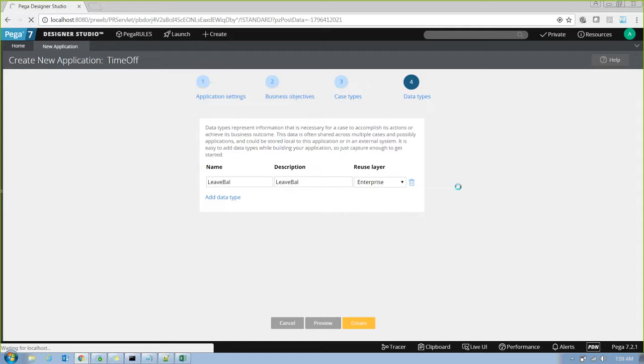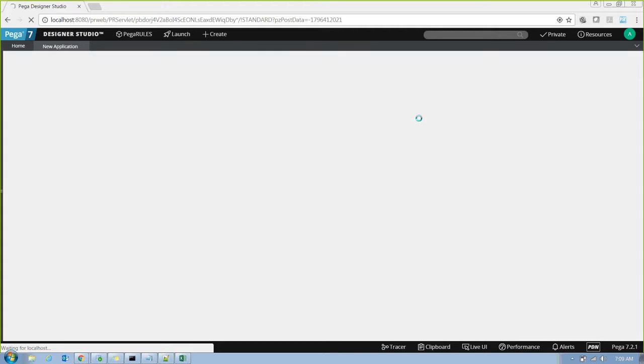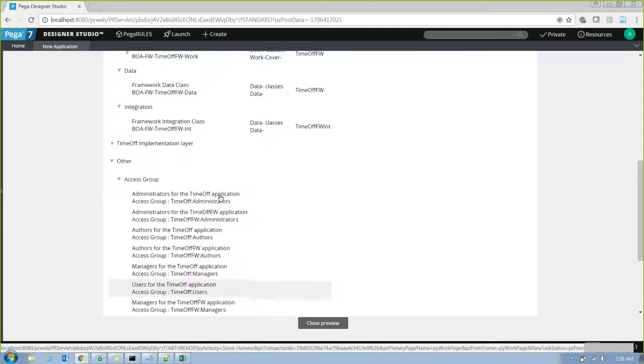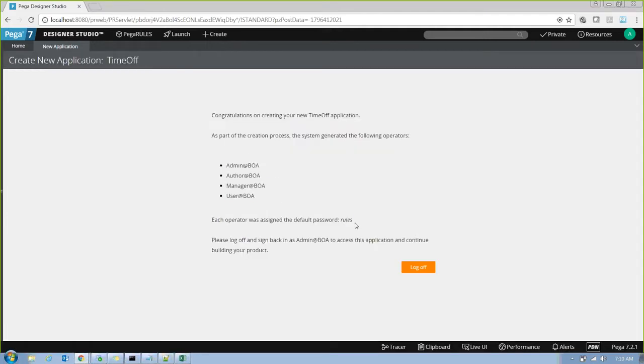A new application with all the operators, access groups, classes, data tables will be created. Okay. So these are the 4 default operator IDs we have, and this is the password.